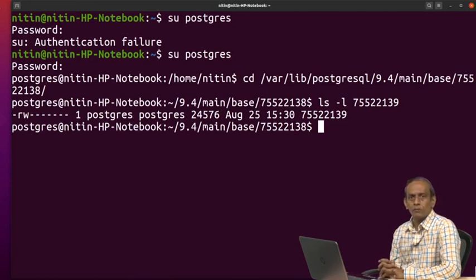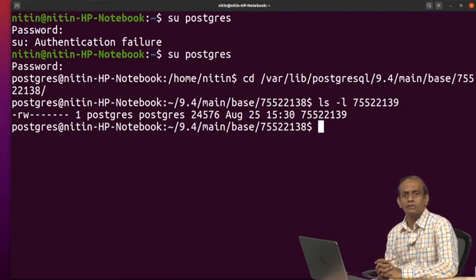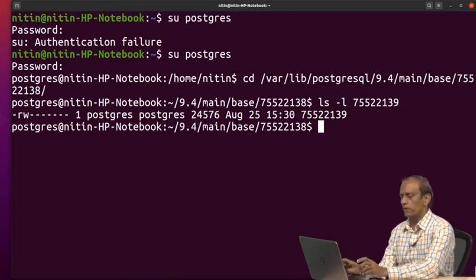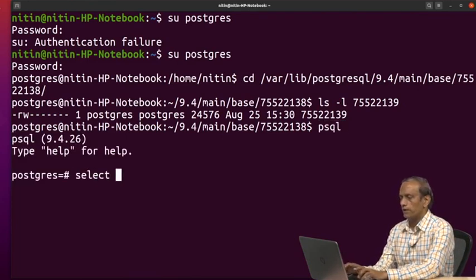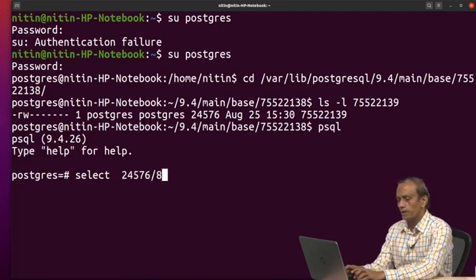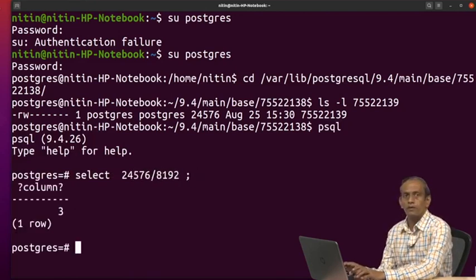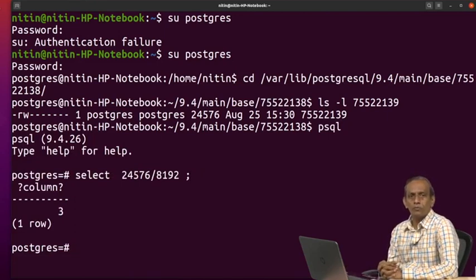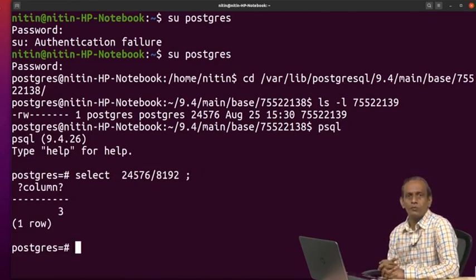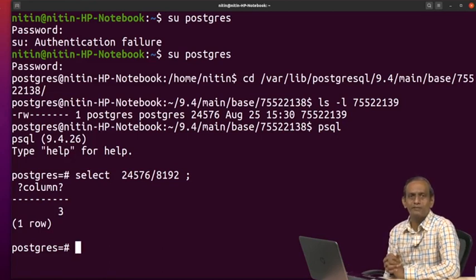Now let us find the answer to this question: how many blocks of 8192 would be there? When you answered this question, what was your answer? If I go to psql and write SELECT 24576 / 8192, the number of blocks of 8192 is 3, and that is the answer.